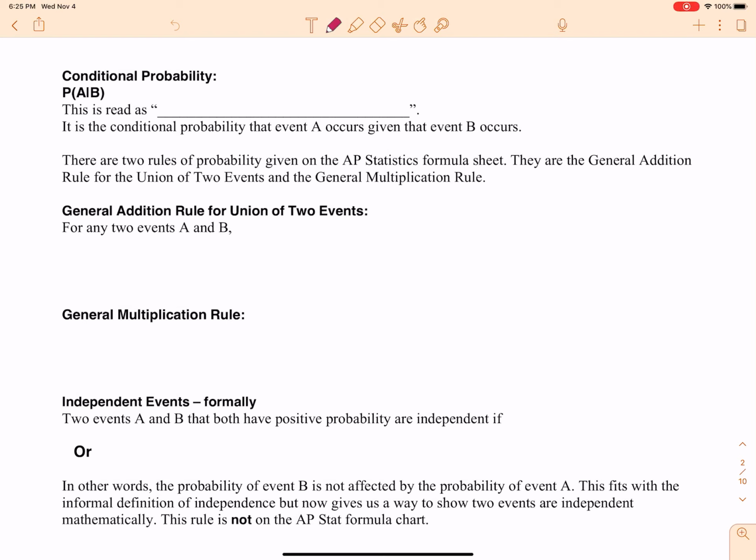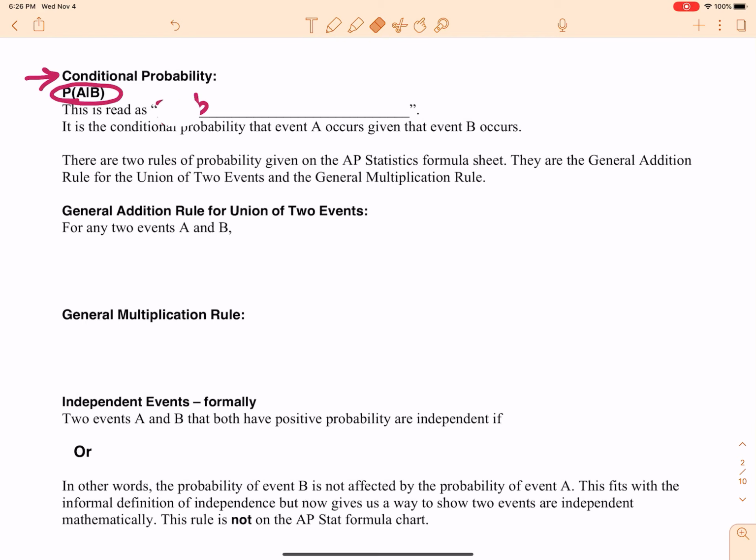AP Statistics, we have arrived at conditional probability. It is magical. You're going to love it. All right, so if you'll notice here, I've got this written out, P of A given B. That is how you read that. So you read it as the probability